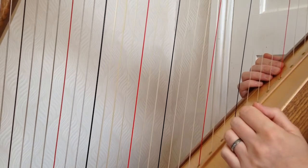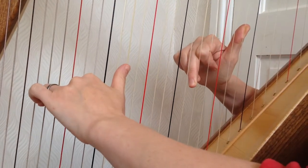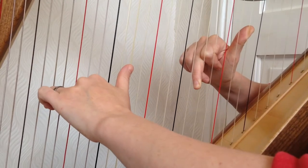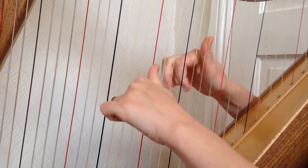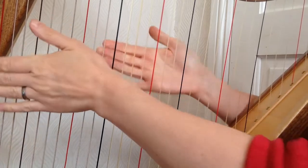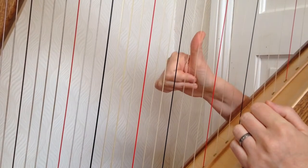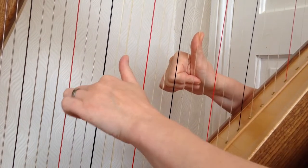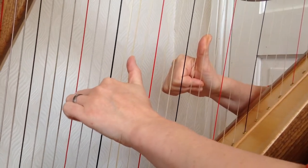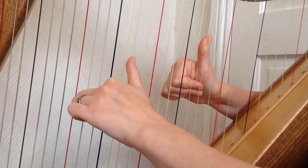And for the moment I'm just going to put that section together with the top hand. So we'd already done bars 56 and 57, which were these. If we now just look at putting bars 58 and 59 together, our right hand's on the A, it's going to swap to a finger 2 in a moment, left hand's on the A, G, E, so straight on, bar 58, 1 and 2 and